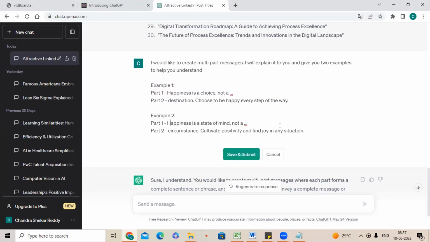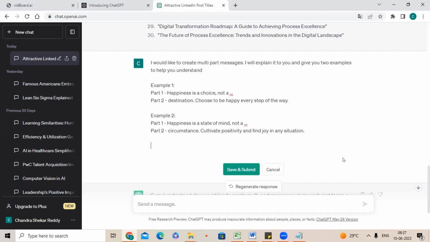Now after part 2, click here at the end of the situation line. Now press Shift and Enter. Over here you write, these examples are for the theme of happiness.